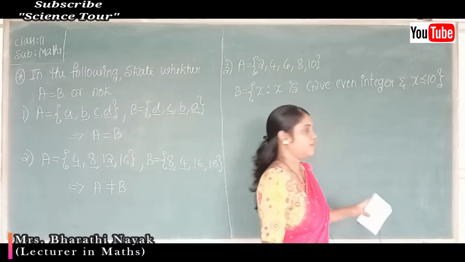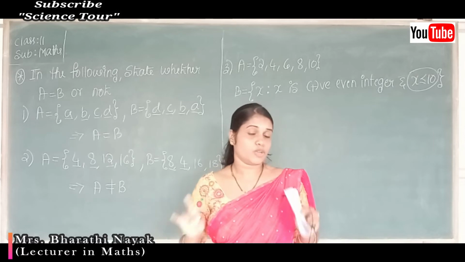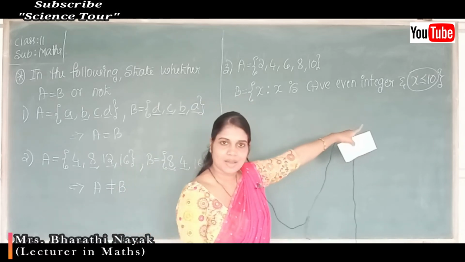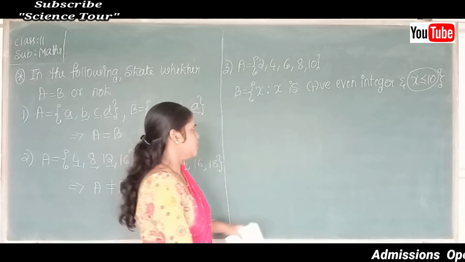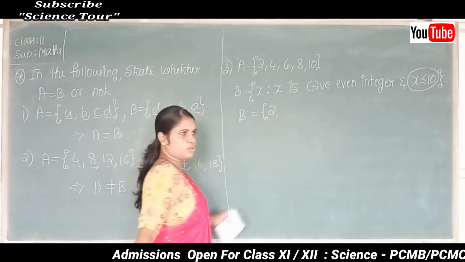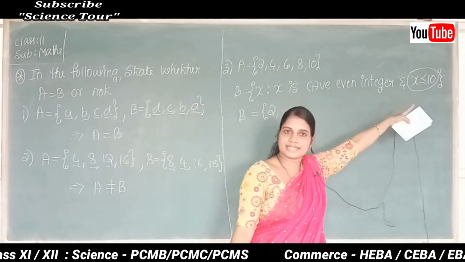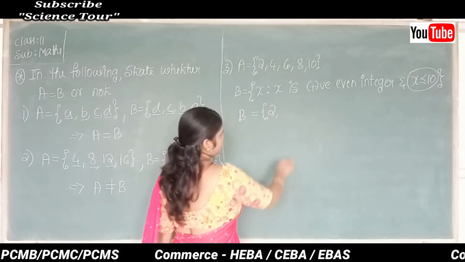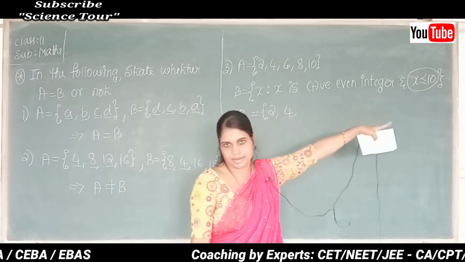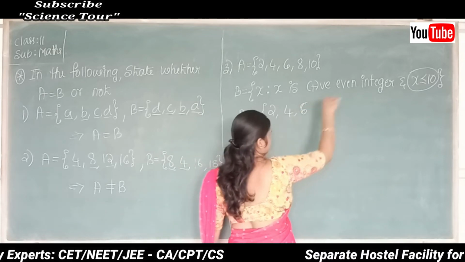One condition they have given. What is that condition? You have to choose a positive even integer, but that even integer must be less than or equal to 10. Okay. So which are those elements? 2. Can I choose 2? 2 is the first even positive integer, right? Obviously that 2 is less than 10, right? Okay. So the next positive integer I'll choose 4. Again this 4 is less than 10, right? Okay. Next I'll consider 6. Again this 6 is less than 10.